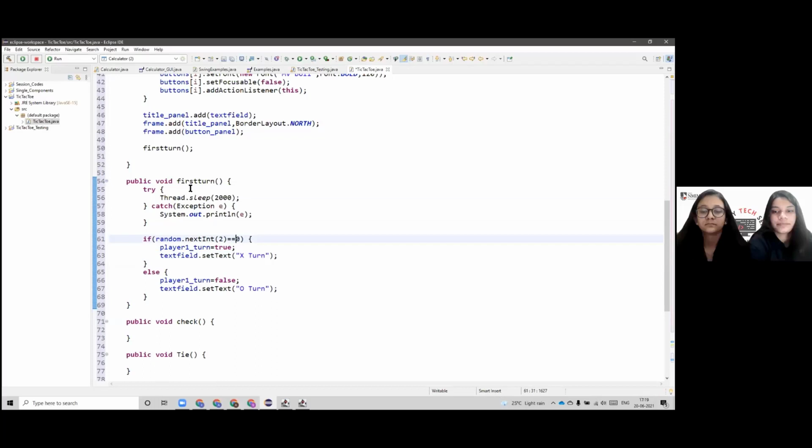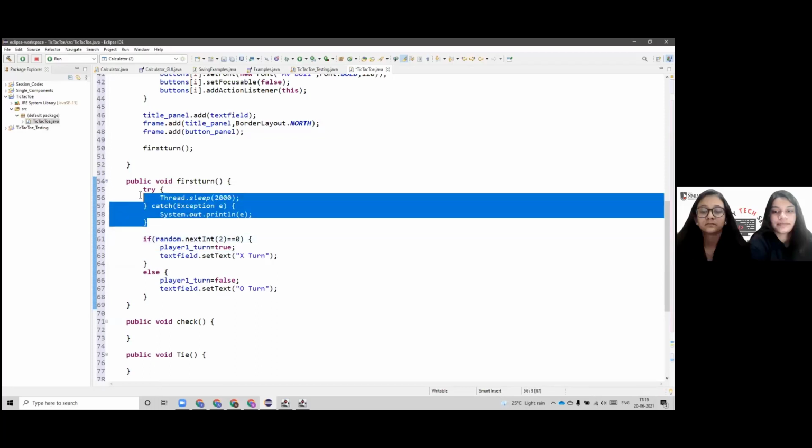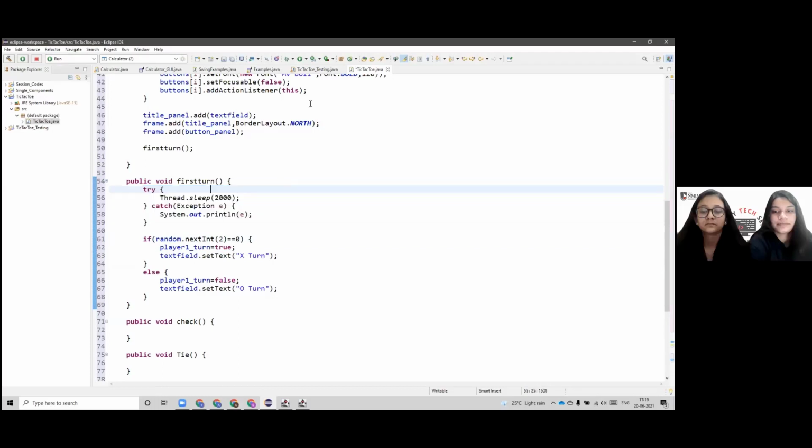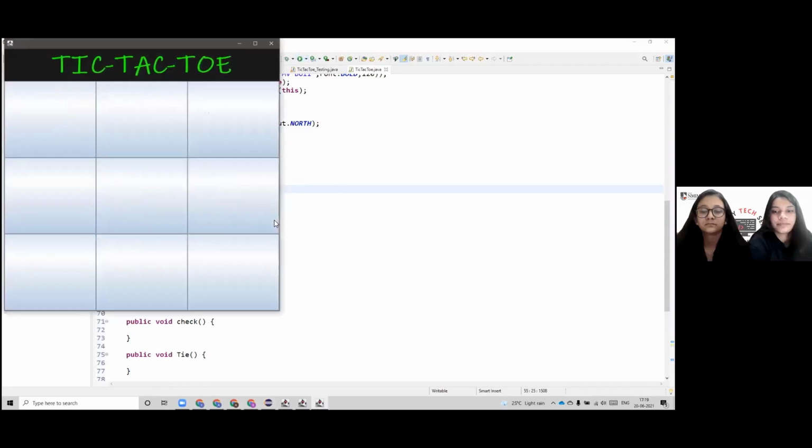So now this block will let the code sleep for 2 seconds and then it will again start executing. So now let's run the code and check it. As you can see here, we can see tic-tac-toe for 2 seconds and then the program automatically assigns a turn to either player X or O.